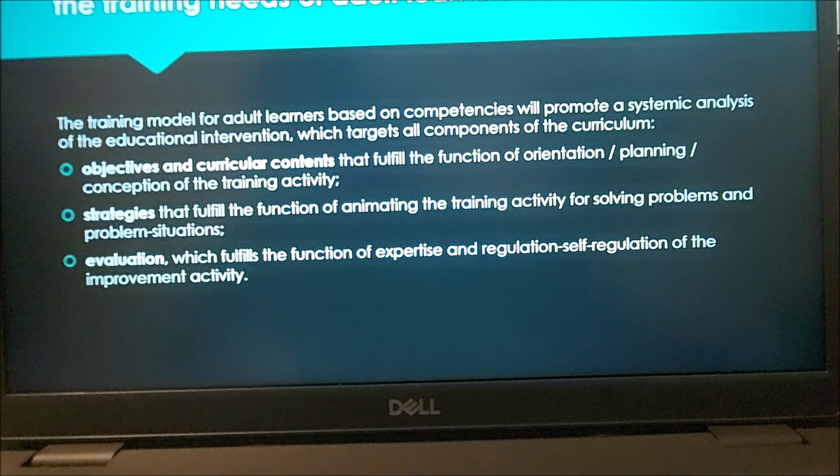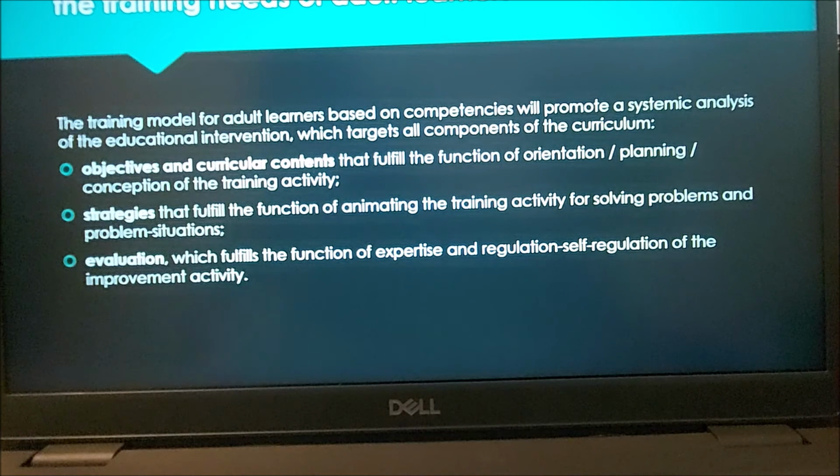The objectives and content of the curriculum perform the function of guidance, planning, and design of the training. Strategy performs the function of making the training for problem solving and problem situations. Evaluation performs the function of regulation and self-regulation of the activity